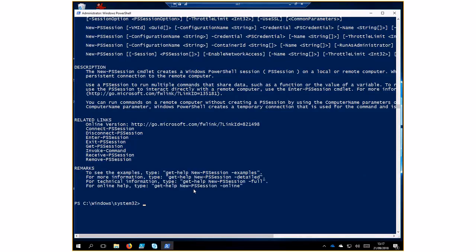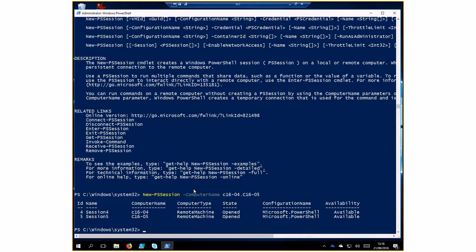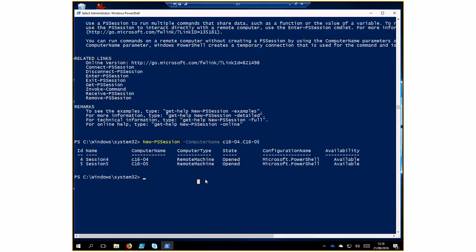So let's have a look at that. We say New-PSSession, ComputerName, we'll say C16-04, comma, C16-05. Okay. Okay, so there we go. We've got session ID 4 and 5. So it just dealt with that command exactly the same way as it dealt with the command when we had a single machine. Okay. So now once we have these sessions, we can use our Enter-PSSession,